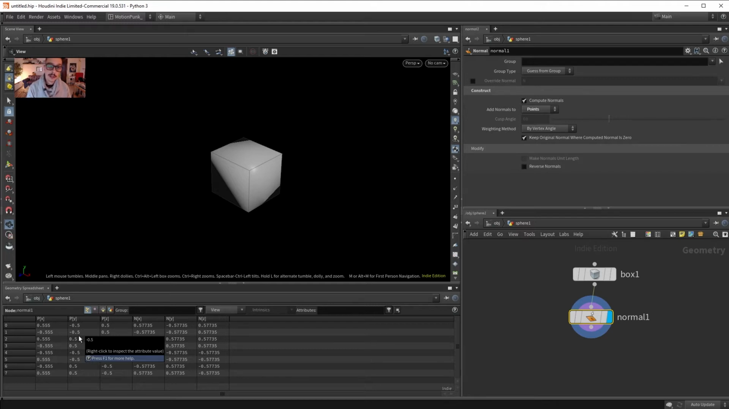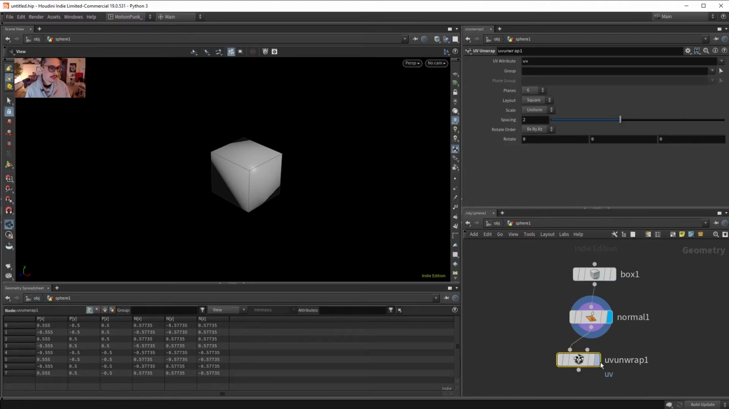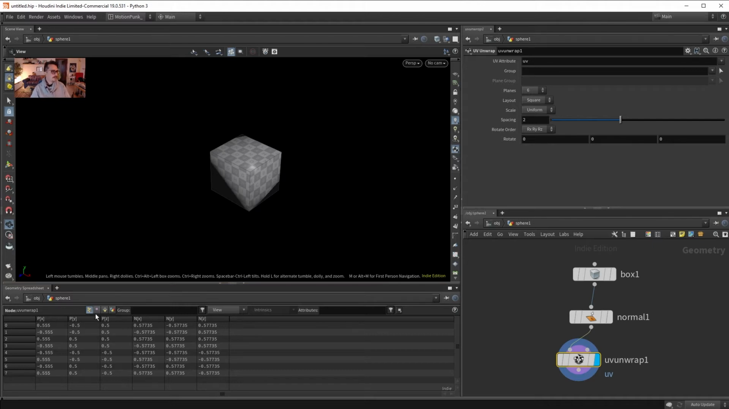So, or the same attribute, but in a different class. Some nodes will work on primitives, some nodes will work on points. I hope it makes sense. So normals, and let's also do a quick unwrap. I don't care how the unwrap looks, but I see the unwrap taking place in the viewport, and I also don't see the unwrap here because the UV,